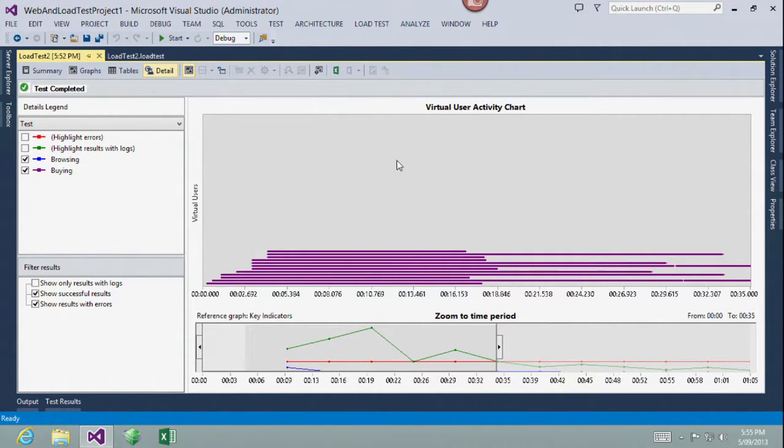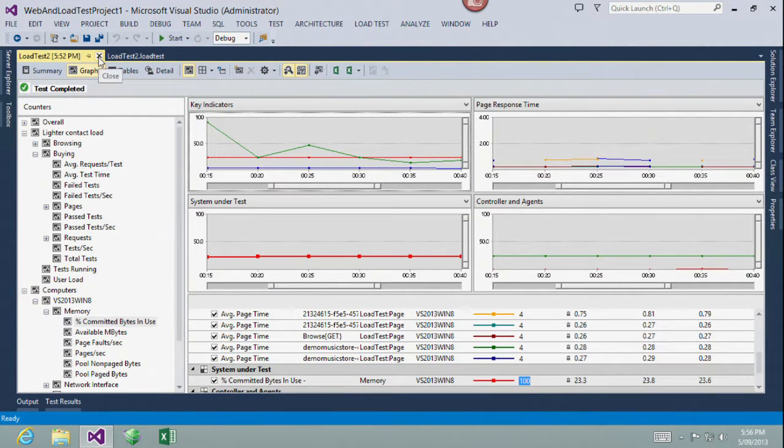I can get a visualization of what all those virtual users were doing. If I did get a threshold violation or an error occur, I can see exactly what one of my virtual users was doing at the time. I could see that all of the errors happened at exactly the same time. So it's not something likely to be driven by the user, but more likely some form of system error or issue. So there's plenty more there, but we won't go into that right now.